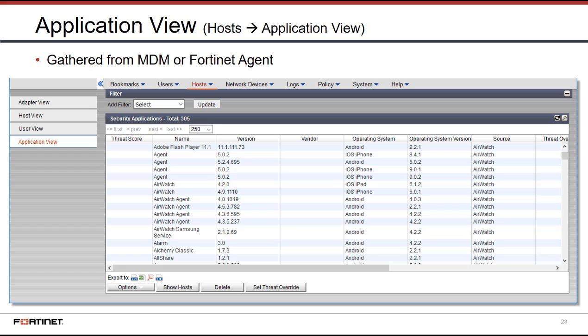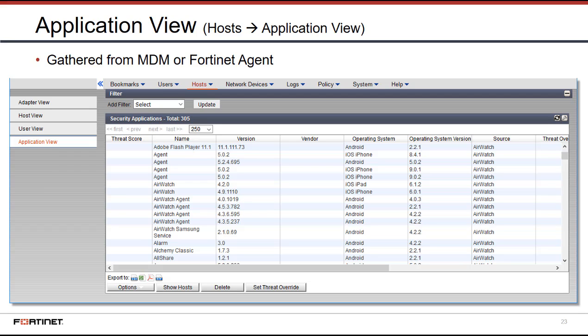Then if we go further to the right and you look under operating system, we see iOS, iPhone for the 3. So they're still the same there. But then we get to operating system version, and you see there's some differences now. The first agent with version 5.02 is from operating system 841, where the other ones are 901 and 902. So what I'm getting at is we are going to have a